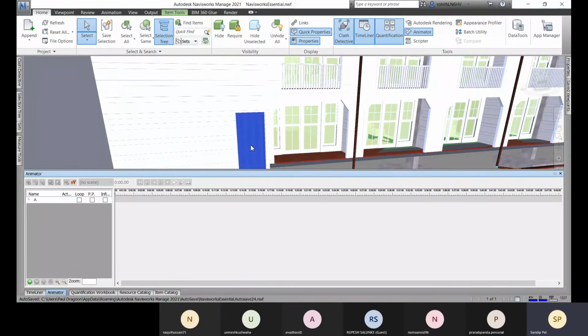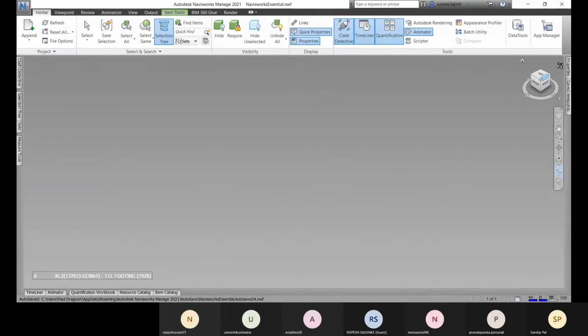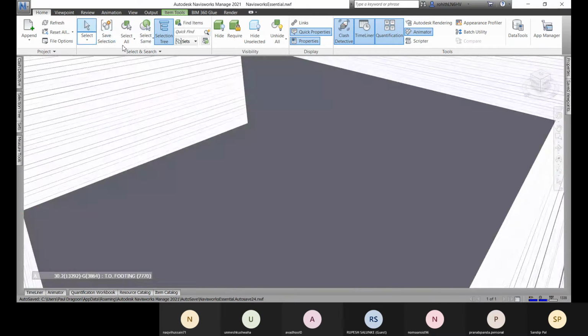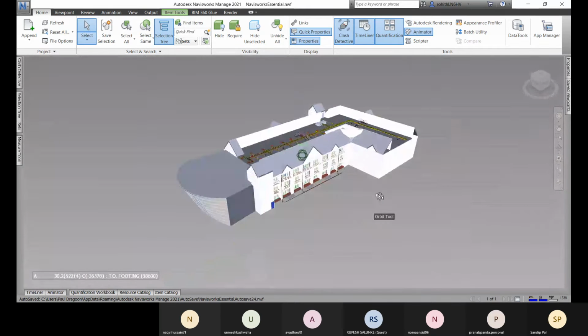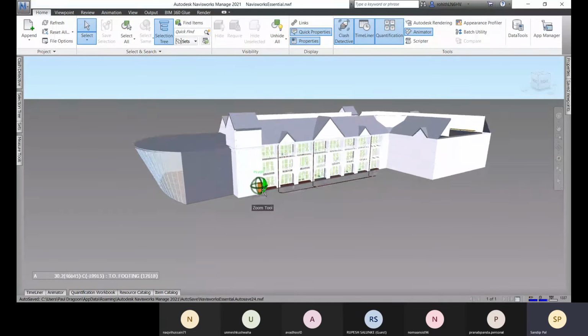And then for this scene, I will click on this add animation set, and from the current selection, I will add this door to this scene.